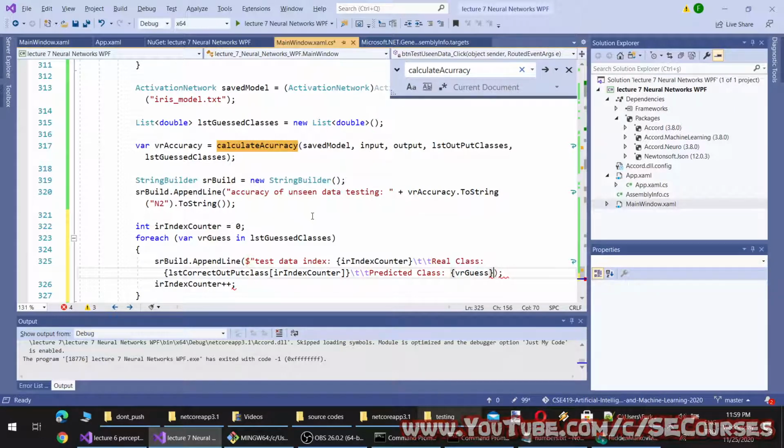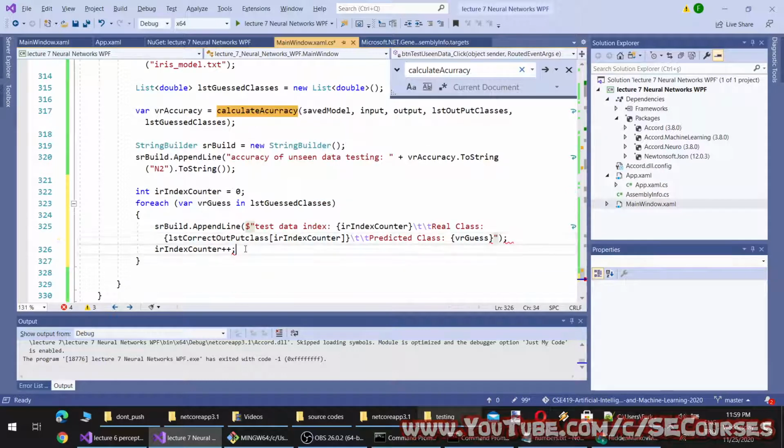So with this way, I am going to write the index of the test data, the real class of the test data, and the predicted class of the test data. So we will get every value.